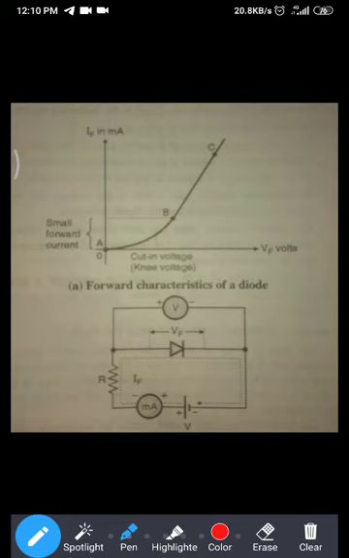So for forward biasing of diode, see the diagram, circuit diagram. Your diode is connected in forward biasing because P-type material, that is triangular part, is connected to positive terminal. Vertical line means N-type material connected to negative terminal. This is P to P and N to N connection. So here the diode is forward bias.